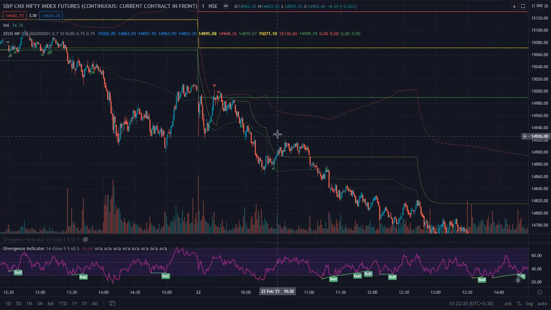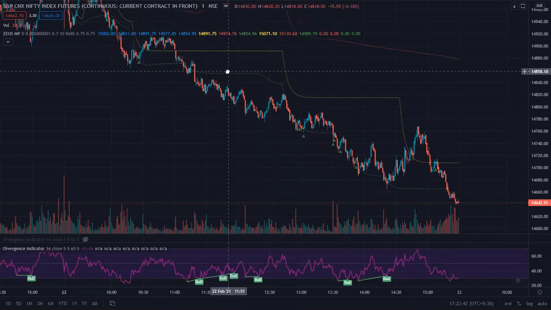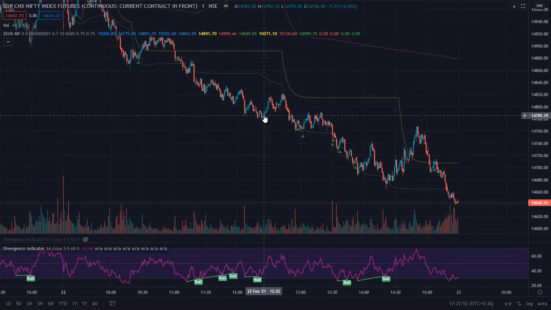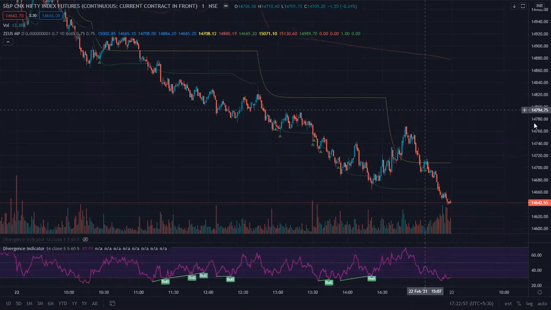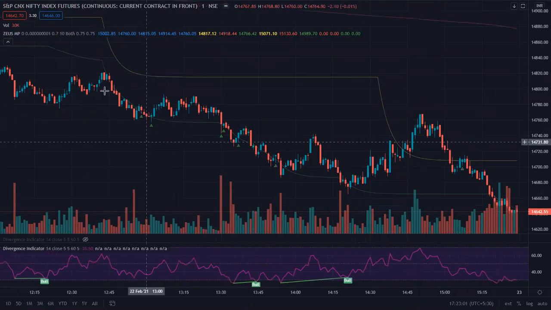Even in this case, it made a high, made another high, a similar high, but a much weaker one in terms of divergence. And there was not enough volume. People were not pushing it up. And the market said, okay, it won't go here, it will go down. So the market changed direction. Same way, let's look at this one. You see, it came lower. It made another lower low. But I'll talk about the divergence aspect of it in a while. It will always test that level a second time. Only then will market participants feel, okay, now it's time for it to take a U-turn.